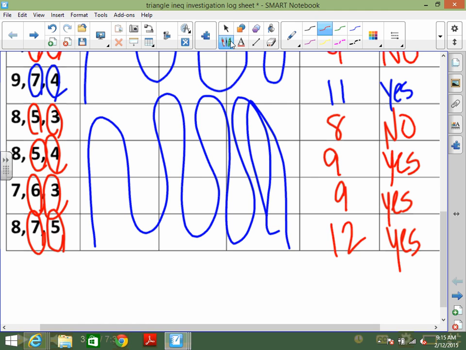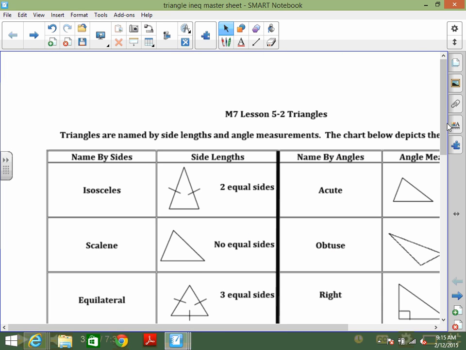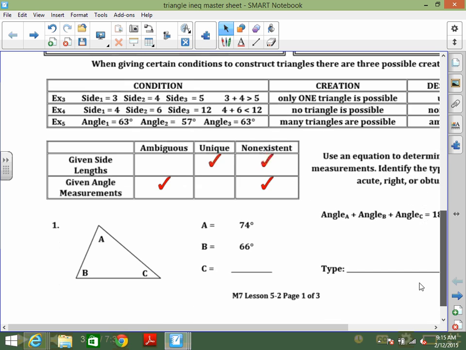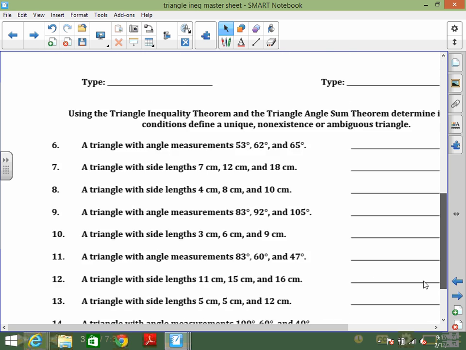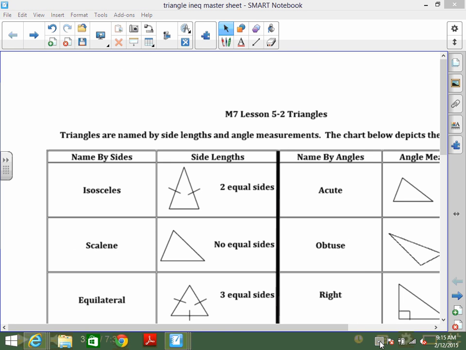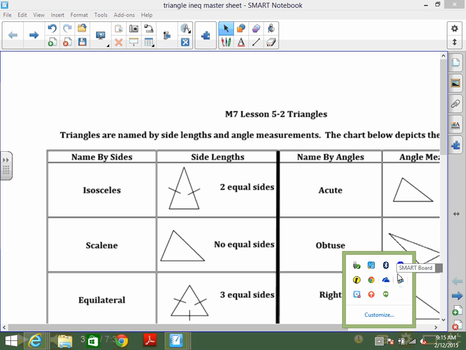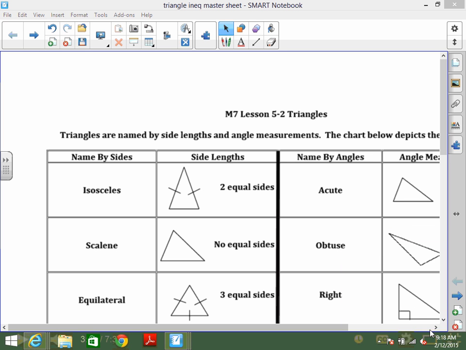All right, the next sheet I'm going to give each person is this page right here. It has notes on it and the second page. We're going to work on page 1 and page 2 together. So I'm going to come and give you one of those sheets. Okay, in this packet, the first thing you'll see is that